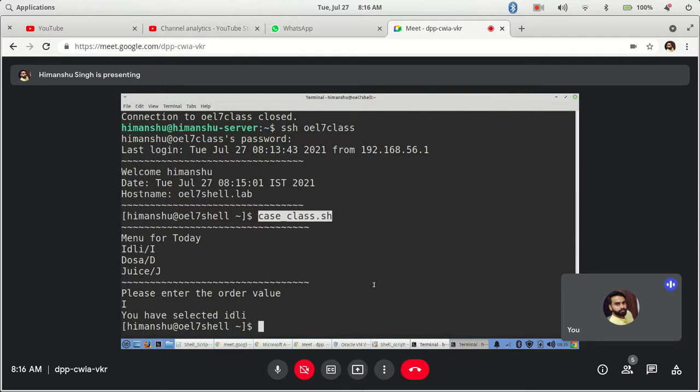In that particular place you have to define the full path. I don't prefer to use a relative path there. You have to use a full absolute path when you are defining a cron job. We will see cron also in some time.